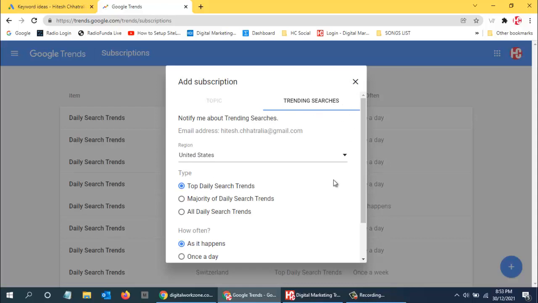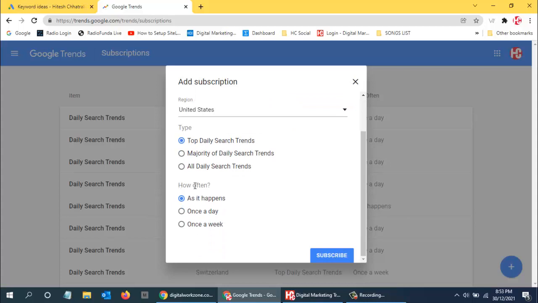Now, how often do I want email? Either as it happens, meaning immediately, about once a day, or about once a week. If I'm using, say, India, then absolutely I can use as it happens, if your target country is more relevant to you.